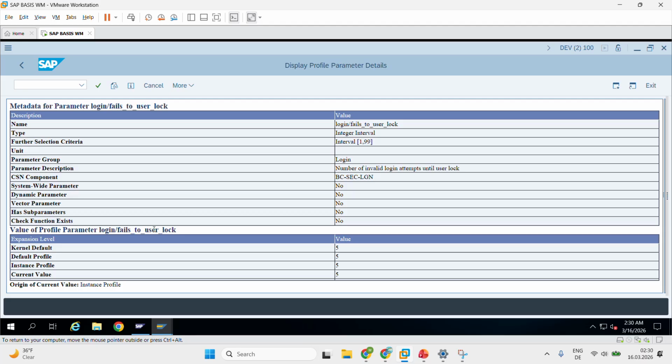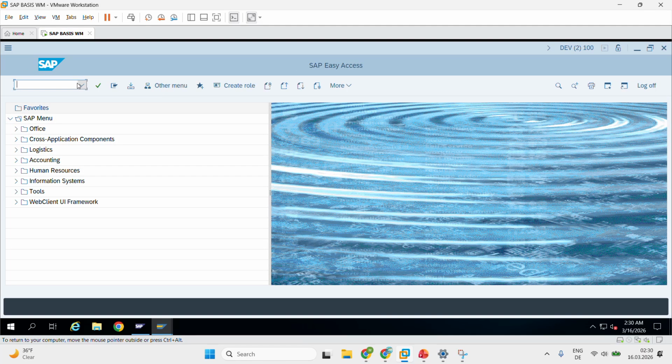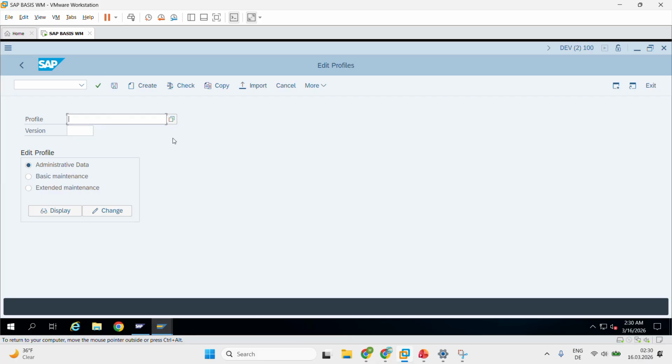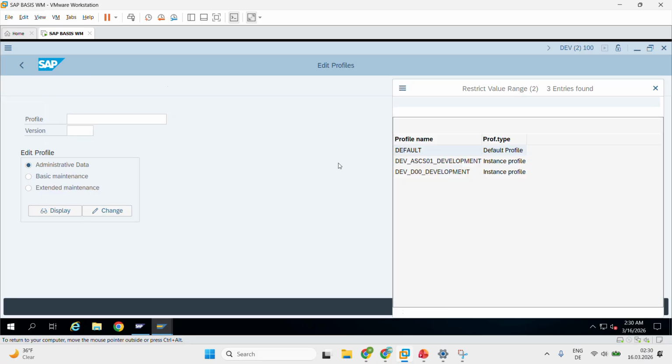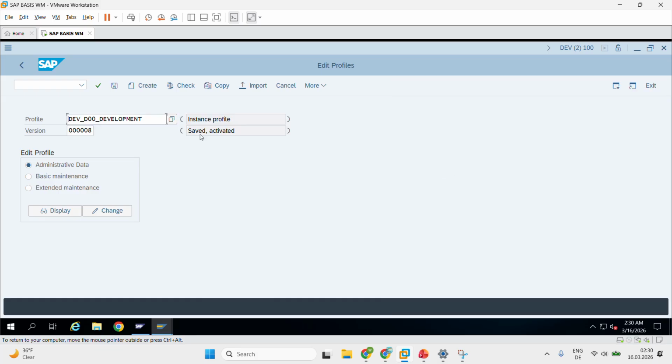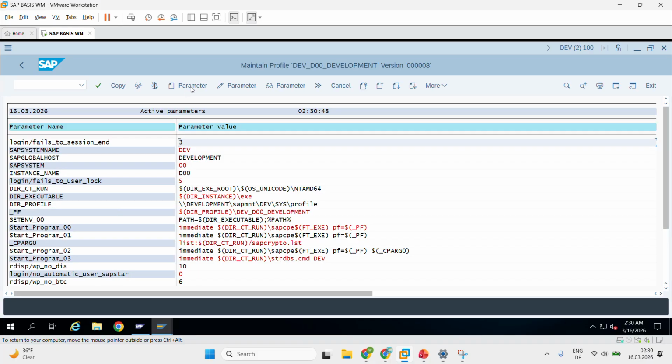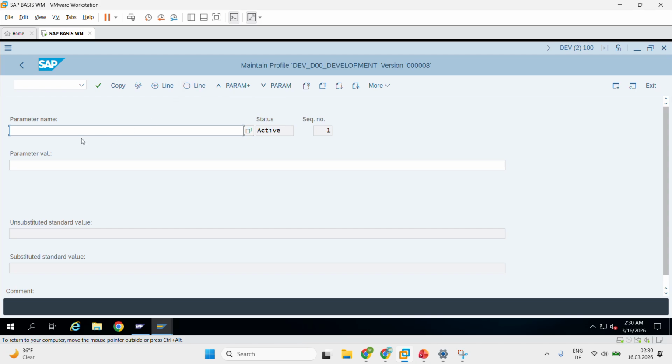And if you wish to change these parameters, you then have to go to RZ10. I'm going to go to RZ10. This gives you access to the static parameters, and we want to magnify that, and we want to choose from the instance profile, we choose the PAS, because that's where you have the work processes and the batch job and everything. All the work processes are here. So now you go to extended maintenance, you want to change. You hit on change, you go to the new parameters, and there you want to go again to the magnifier,